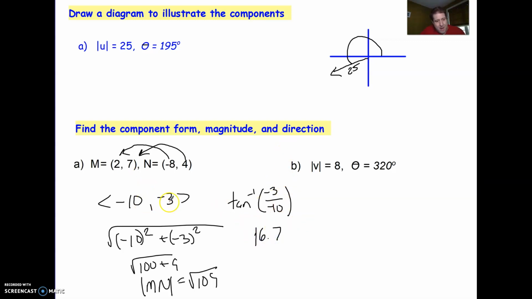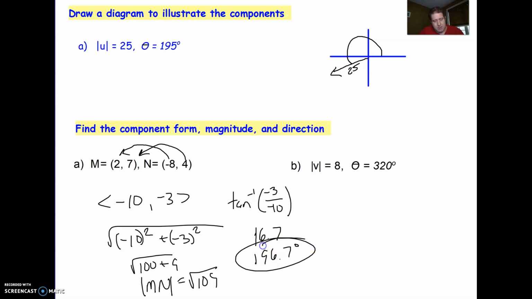Now, keeping in mind that both negatives put it in the third quadrant, it's not really 16.7, so I've really got to add 180 to that, because remember, tangent is positive in both the first and the third quadrants. So that's the real answer, which is